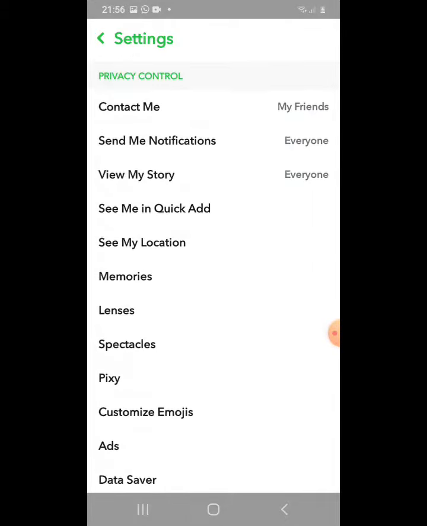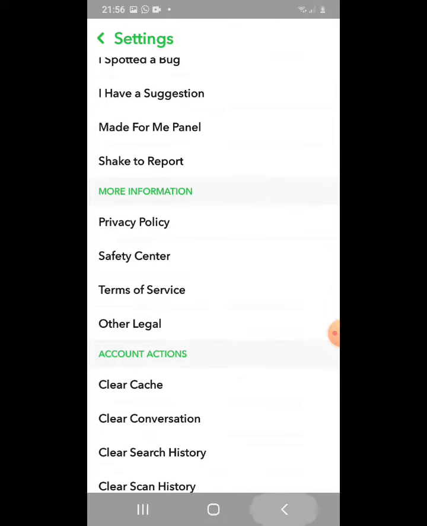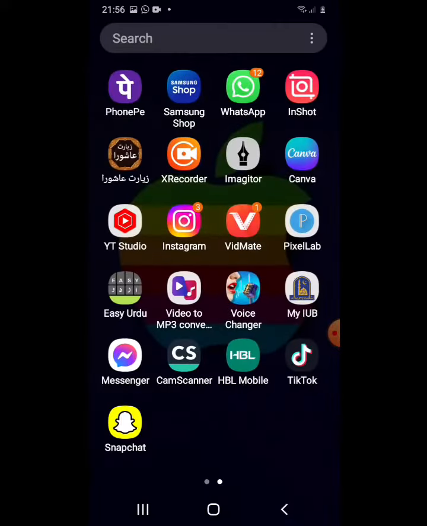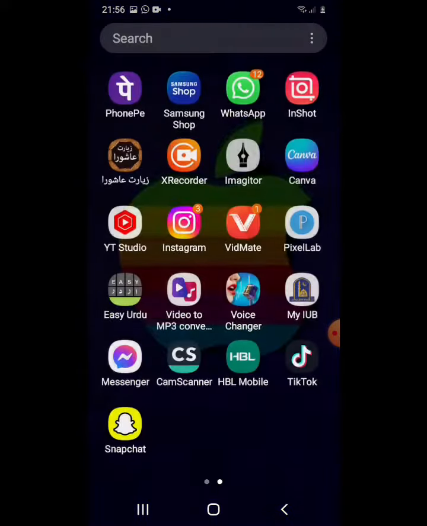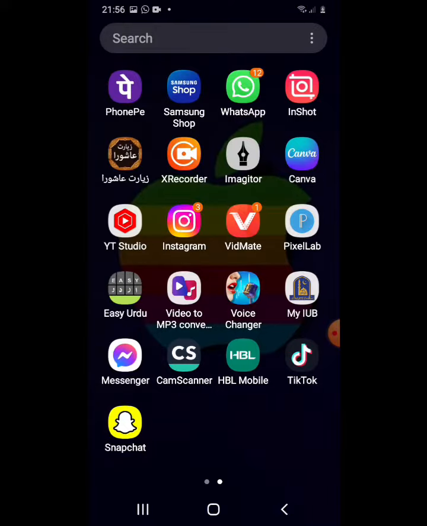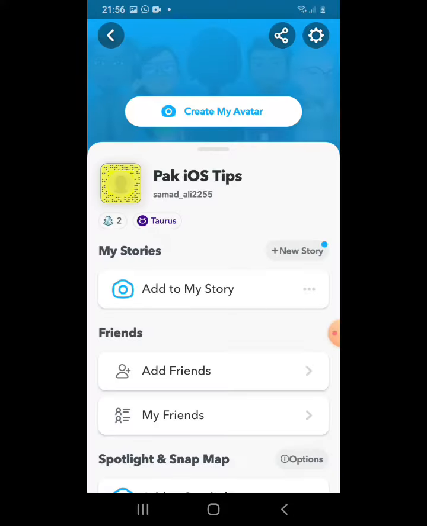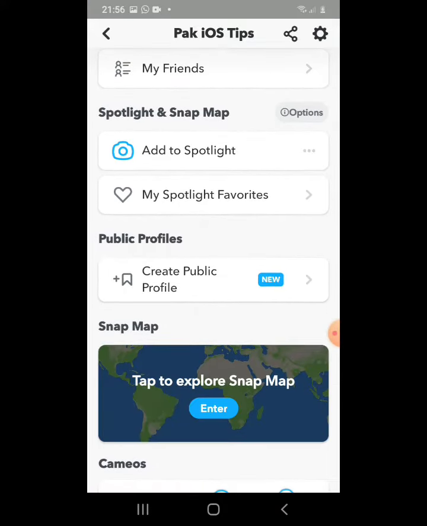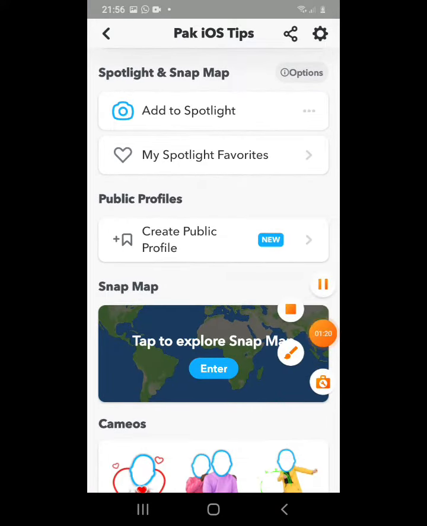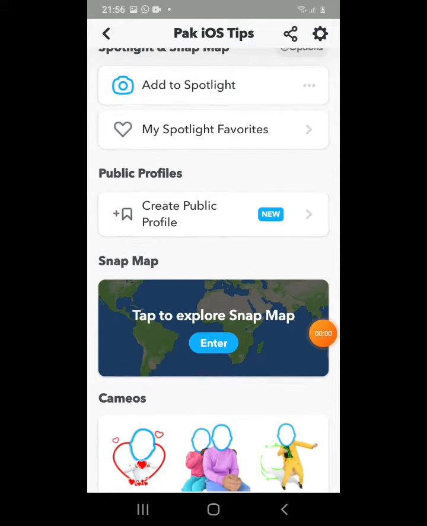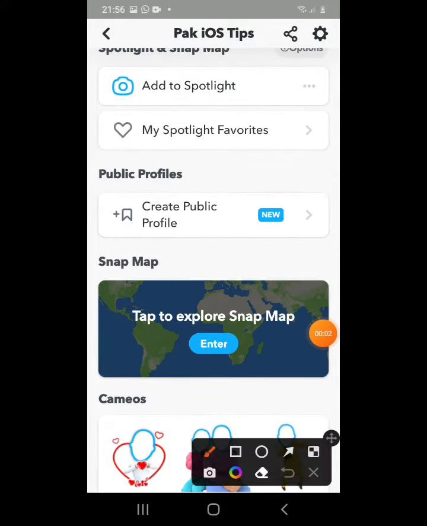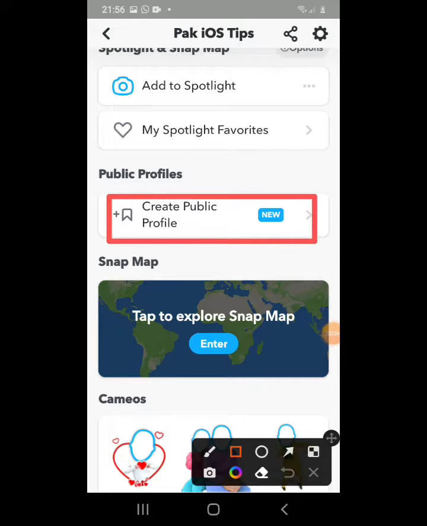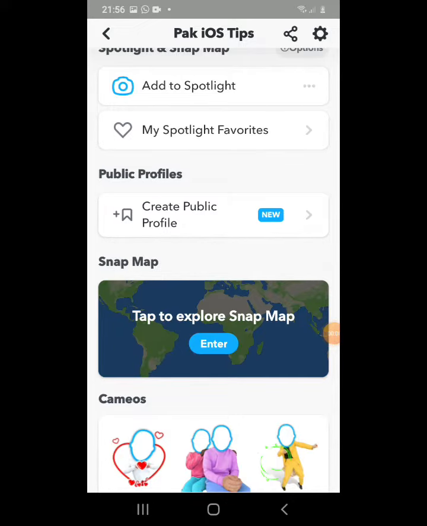When both are set to everyone, you can go back again and cancel this. And what you have to do, you open your Snapchat app, go to profile. So guys, here you can see the option of public profile. Simply tap on this public profile,